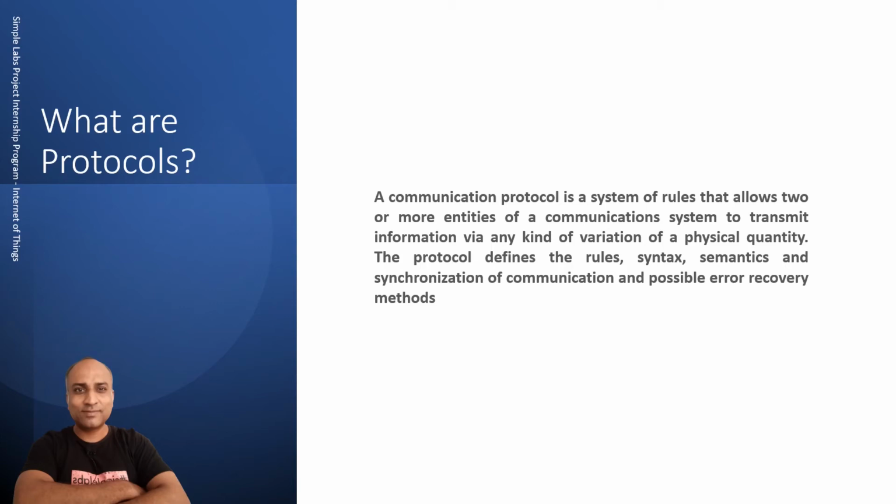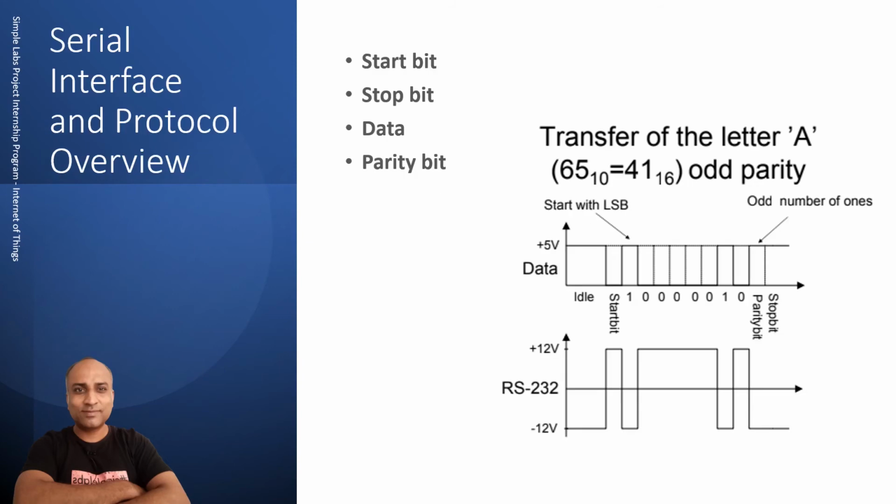For the moment, we are going to look at a simple serial protocol and how it actually works. So this is the serial interface and protocol overview. You can see that this is how data is communicated. We saw this is the letter A, capital A, which is the binary equivalent of A in the reverse order. You need to read it in the reverse order. You can see this is a hex value of 41. So this is being sent here.